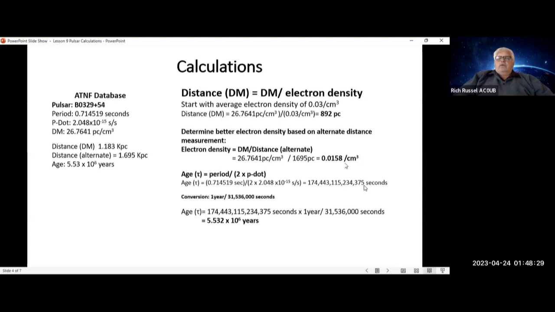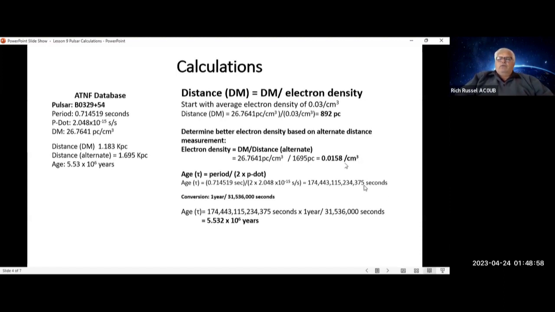So let's take a look at what that answer is. If you take the 0.714 seconds period and divide that by 2 times the 2.048 times 10 to the minus 15th seconds per second, which is what the P dot units are, you come up with a very large number of seconds. The conversion from that large number of seconds to 1 year